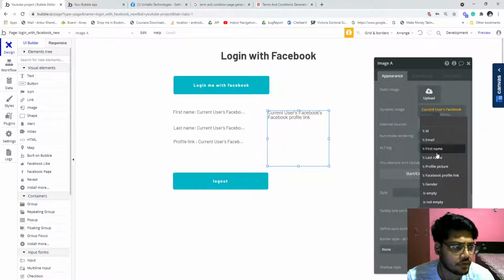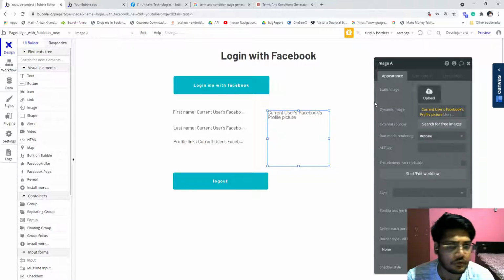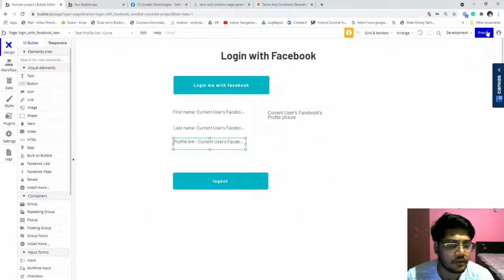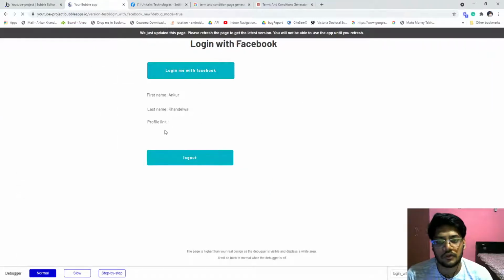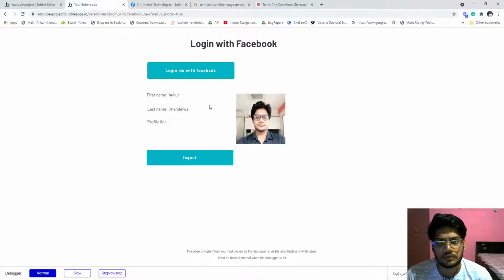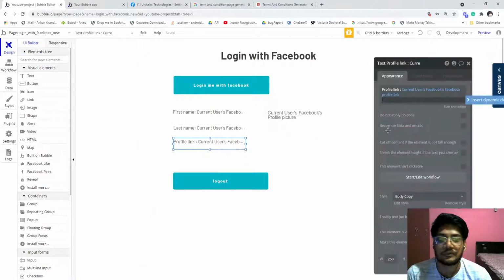Oh, we just put a wrong profile picture. These are all the public information that is available, not the private ones. Now my photo is also here. My photo is public, first name, last name, but the profile link is not public. That's why it is not showing. I'm just guessing, because we have done everything right.